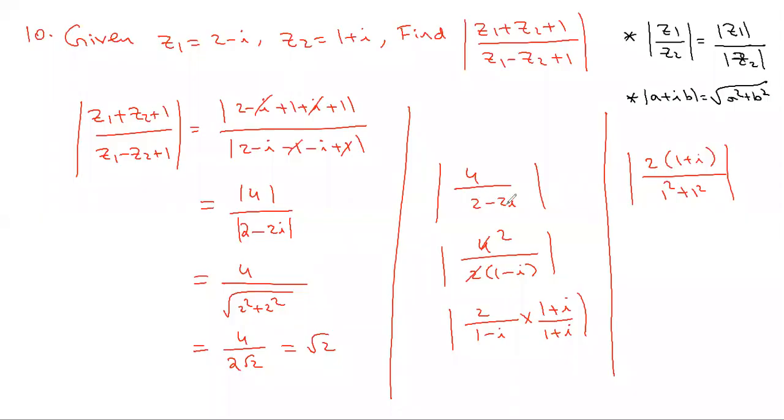Some other student also asked about this alternate method. Instead of separating the Z1, Z2 modulus, you can do the calculation inside itself. See, we are lucky this time. The calculation inside is simple, and we get the same answer in fewer steps. Sometimes the calculation is too long. If you go this way, the modulus of 1 plus i is the root of 1 square plus 1 square, equal to root 2, and you get the same answer. But sometimes the calculation is long if you go for this method.